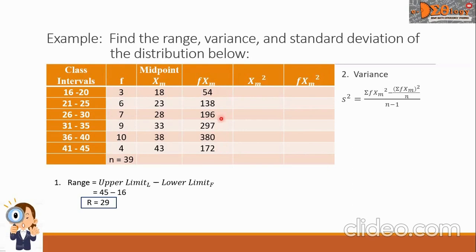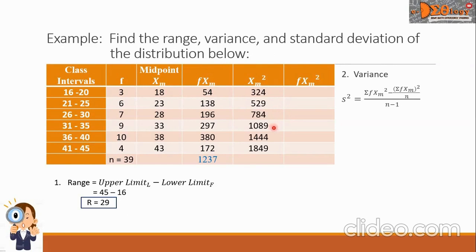After that, let us take the total of this column, and that is 1237. This is the summation of this column f x sub m. The next column is the square of x sub m. It means we need to square the midpoint respectively. So it means for the first blank, we need to write here the 18 squared. So the numbers will be 324, 529,